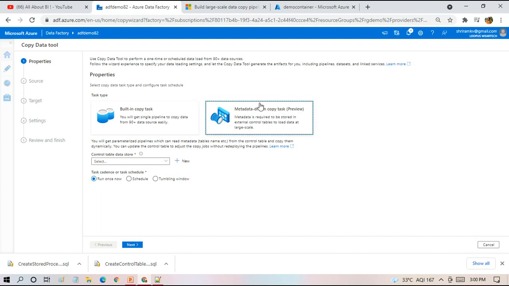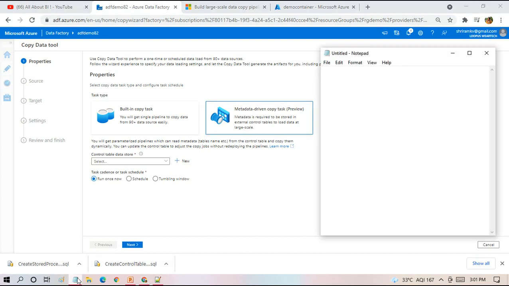So once you click on it, you have lots of tables to be copied, but how do we control where the sources are residing, or how do we tell the pipeline from where to pick up the data from? For that, they are making use of a control table.